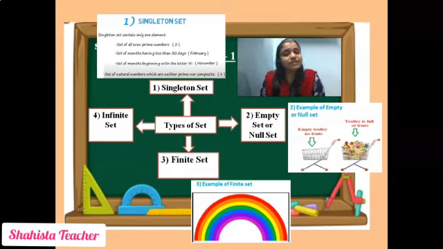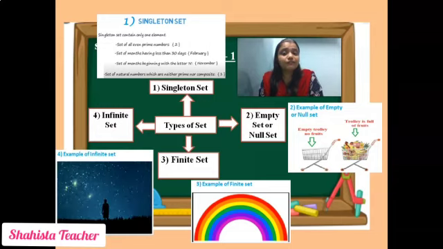So numbers are infinite. Students, now I am going to show you one picture. Now observe that picture carefully. Students, if I say count how many stars, can you count? When I say count the stars in this picture, can you count? Yes or no? No. Now why? Because they are unlimited. They are infinite. We cannot count. Why? Because they are unlimited. Is that clear? Now we will see the next slide.